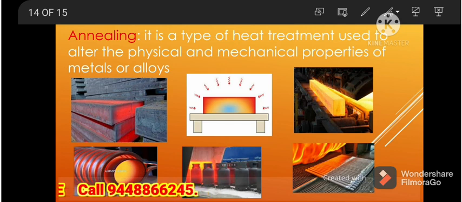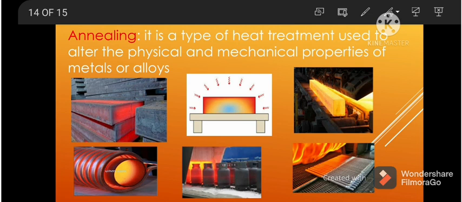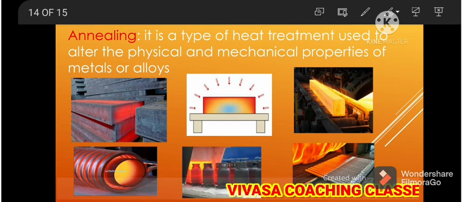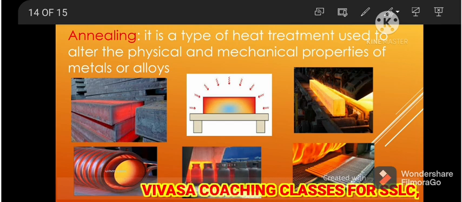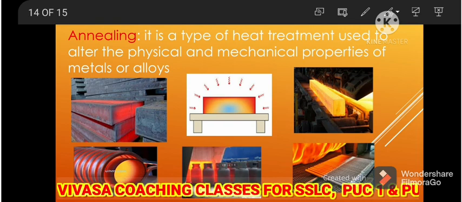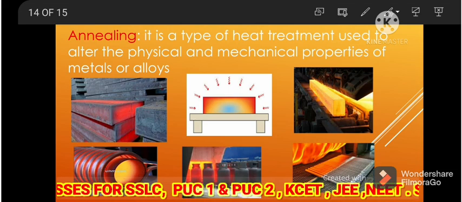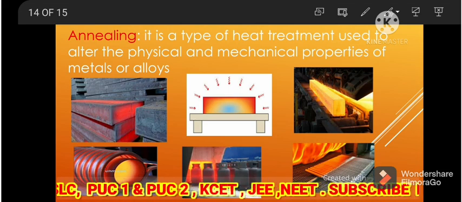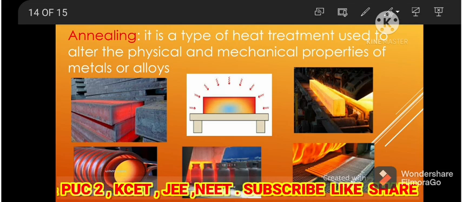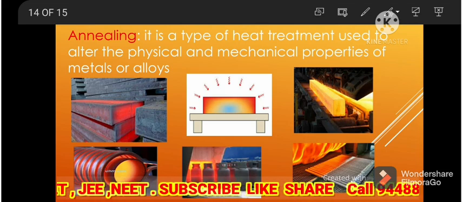You can also see steel nuts and bolts, and springs. Annealing is also common practice elsewhere: when earthen pots or bricks are made, they are also annealed. After annealing, what happens? They become brittle, hard and rigid. That is why by annealing you can modify the properties of your material. You can change the physical and mechanical properties, whether it is an alloy or a metal, and you can again use it for different applications.